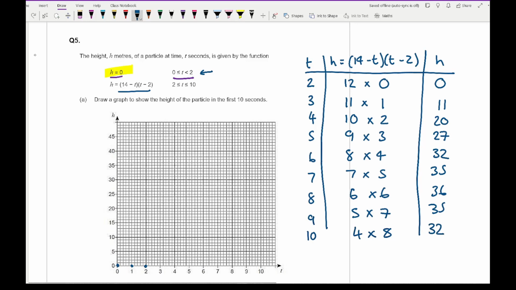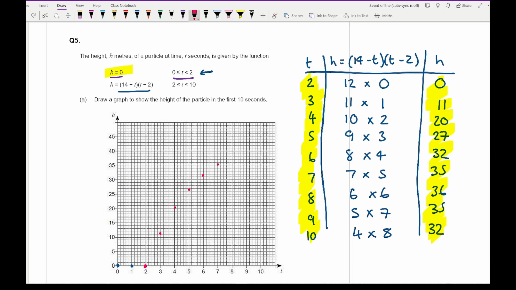So what I then need to do is now plot these t values. I don't know why I've just crossed them out. It's not my intention. So what we need to do is now plot these t values against these h values. So what that then looks like is at 2 it's 0. At 3 it's at 11, which is there. At 4 it's at 20. Nice easy plot. 5 it's at 27. At 6 it's at 32. At 7 it's at 35. At 8 it's at